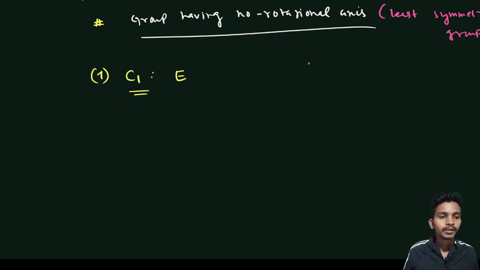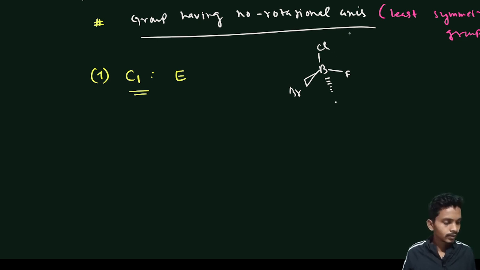We can say that any molecule which is not planar, let's say here Cl, let's say here Br, or I can write, it's safe to write, any A, B, C and D, and this is not a planar molecule, and all the elements are different. So this has only E as the element. We have also discussed that a group should have